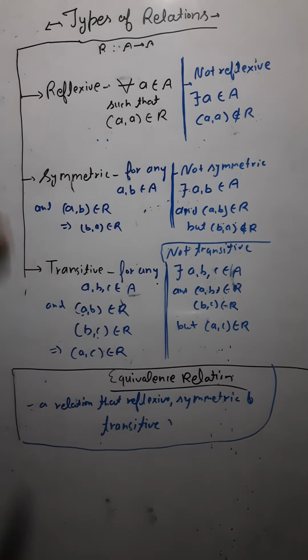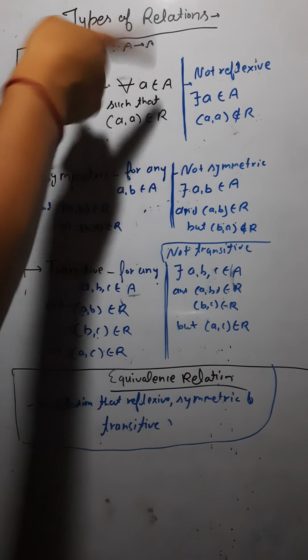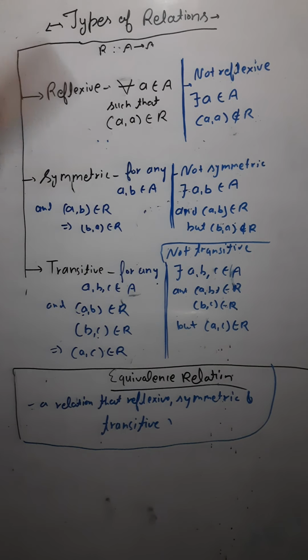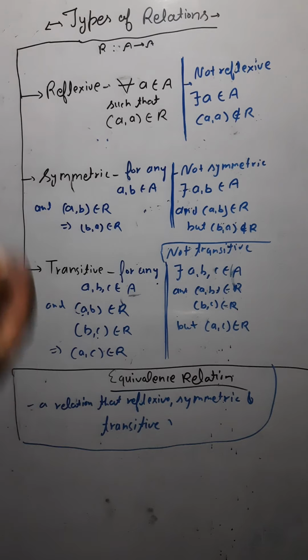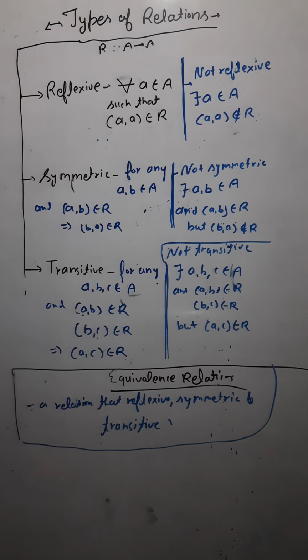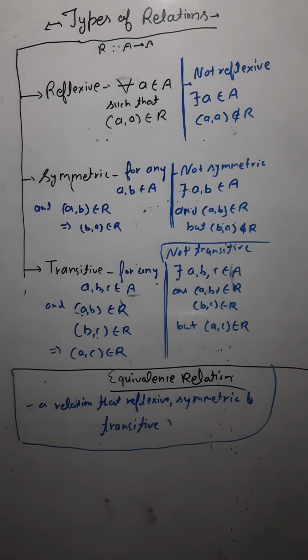Now the most important thing that you have to remember is the relation is from A to A, not from A to B. Means you have only a single set there, and there would be the mapping of the set A to A. Such relations you are going to study here. Okay, just note it down.